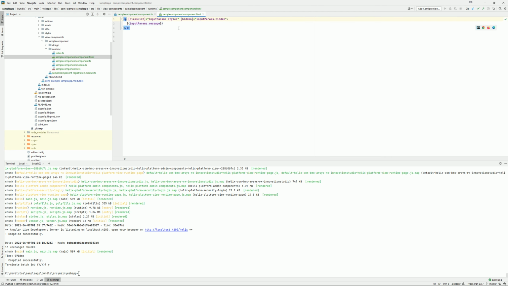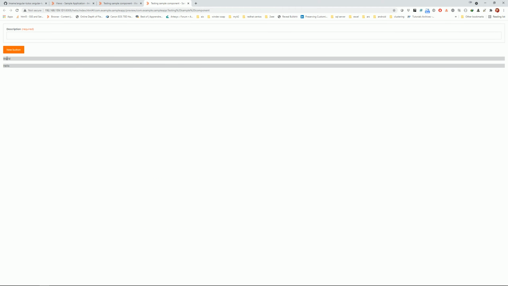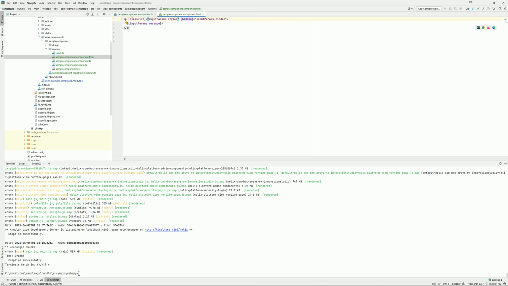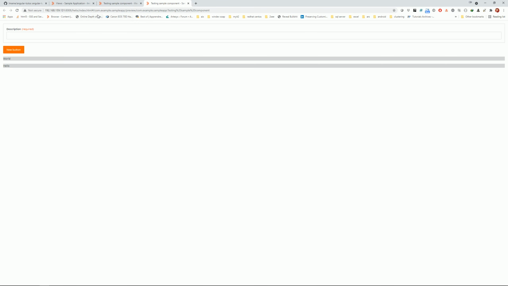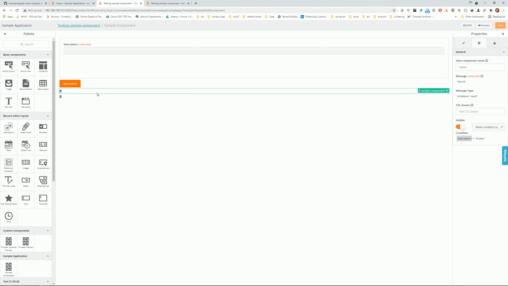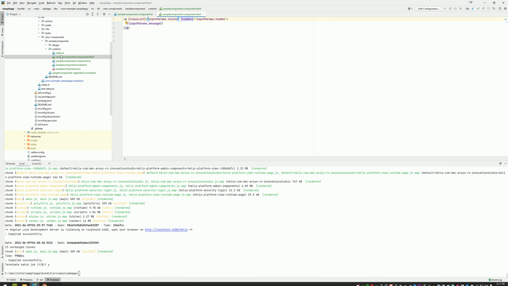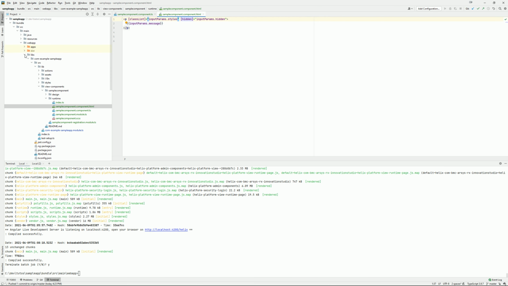Here we can see in the HTML that it's just a p tag containing a class list with a hidden parameter and displaying a message. So it matches pretty much what we have here. And the interesting part is the class list. What does it do? If you follow the tutorial on the global CSS style, you can see here that you have a CSS classes input. So let's go to the styles folder,